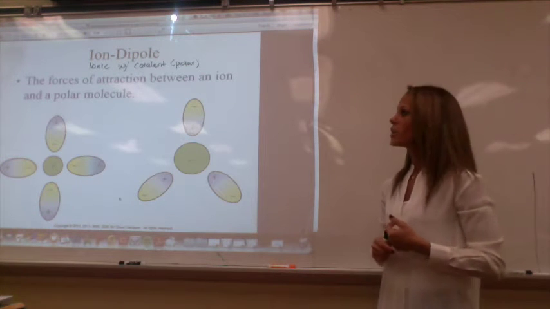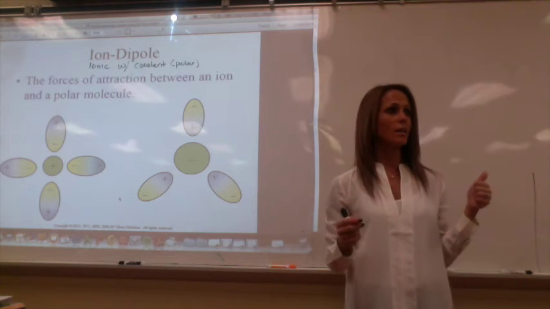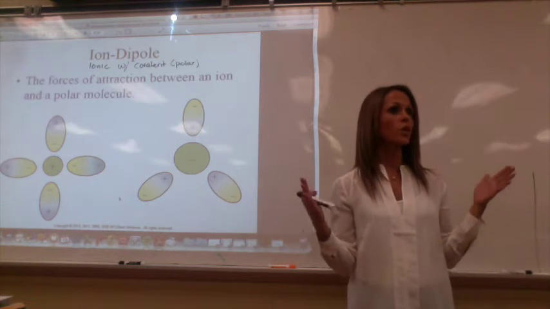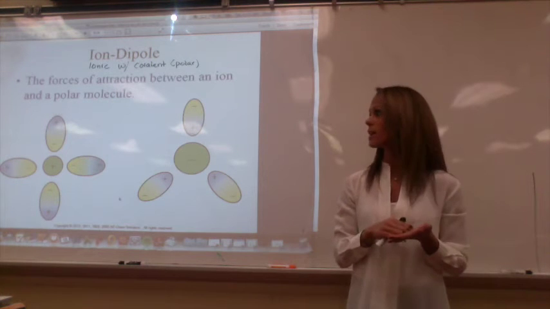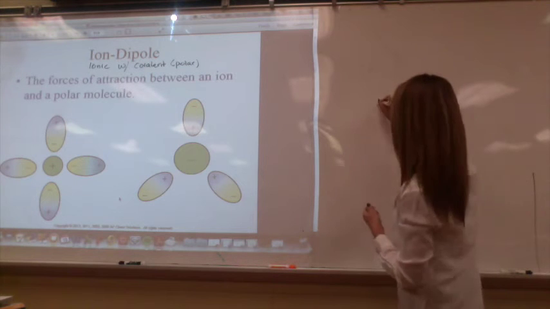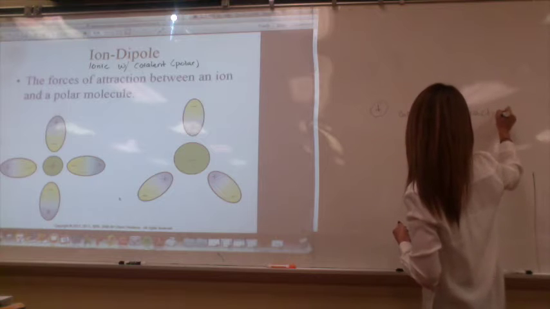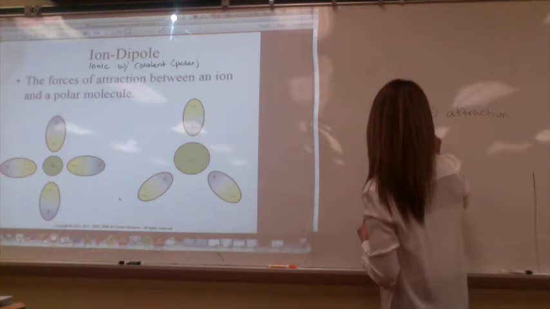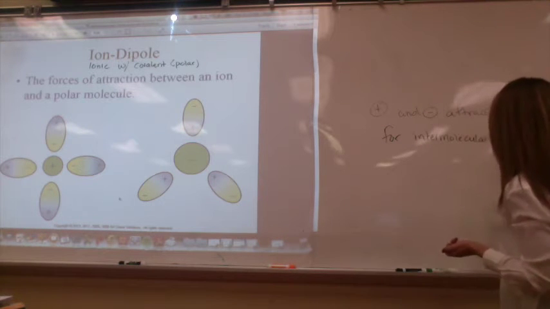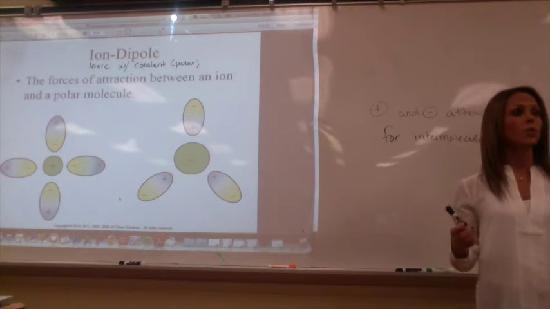Anytime you have attractive forces, it's always going to be with one end being positive and the other end being negative. So you have electrostatic forces of attraction when you create intermolecular forces. That's the only way an intermolecular force attraction occurs, between positives and negatives. You have to have positive and negative attraction for intermolecular forces, always. If there isn't a positive and a negative, like in an anion and a cation, it creates it through a dipole.